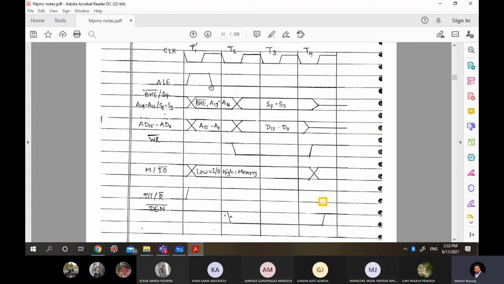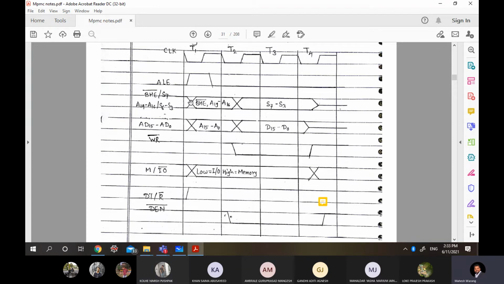बट अभी होता है कैसे प्रैक्टिकल, ये प्रैक्टिकल थिंग है, actually it is going lower here, ALE यहाँ पे लोअर है, सो मतलब एक्चुअल में यहाँ इधर तक, at this edge up to this was only we must have that BHE bar oblique A19 to A16, यहाँ पे खत्म होना चाहिए, बट यहाँ पे एक्चुअल में खत्म नहीं होता, it will take some time, समझ में आ रहा है, टाइमिंग डायग्राम है, जो टाइम पे जो हो रहा है वो दिखाना पड़ेगा, ठीक है। Ideally what we expect is that it must close over here, ये ब्रैकेट यहाँ पे क्लोज होना चाहिए था, BHE bar oblique A19 to A16 यहाँ पे एक्सटेंड नहीं करना चाहिए था, बट प्रैक्टिकली it goes into T2 as well थोड़ा सा, ठीक है।